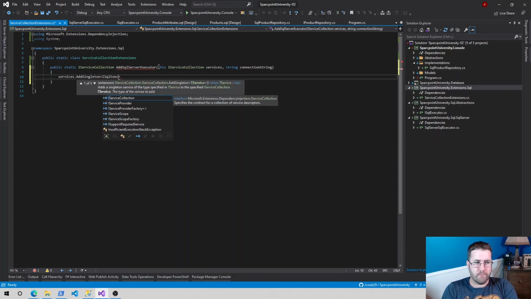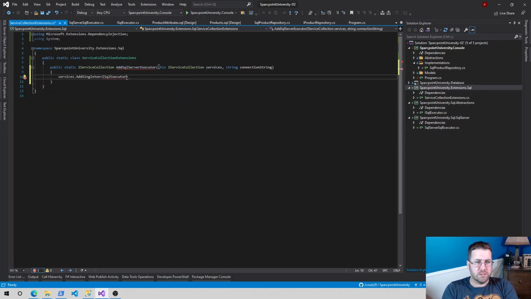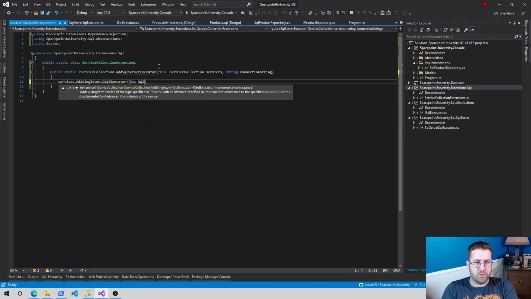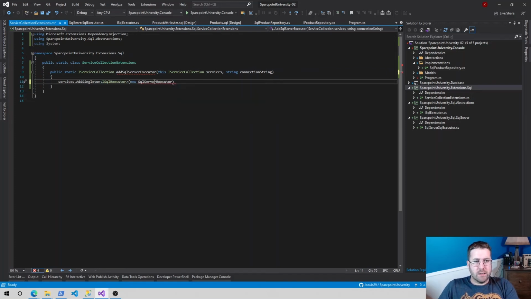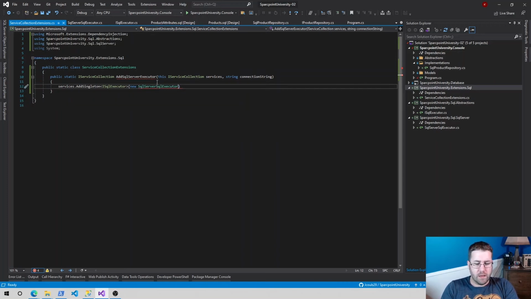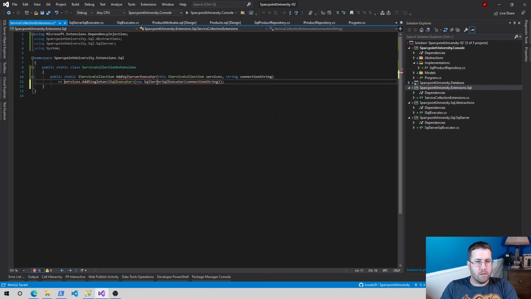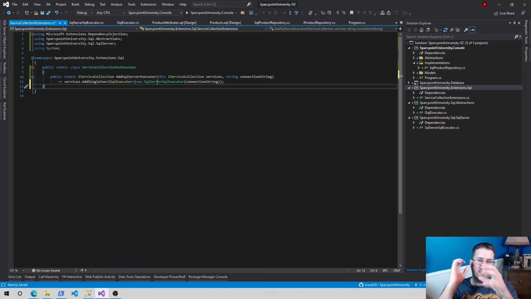ISqlExecutor. We're in the abstractions, and then we're going to do new SQL Server Executor. SQL Executor. Got to name it right. And then we're going to pass in connection string. Perfect. Okay, so we've just now made ourselves a SQL Executor extension method that we can now easily understand instead